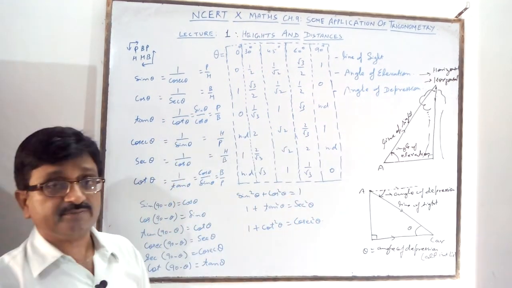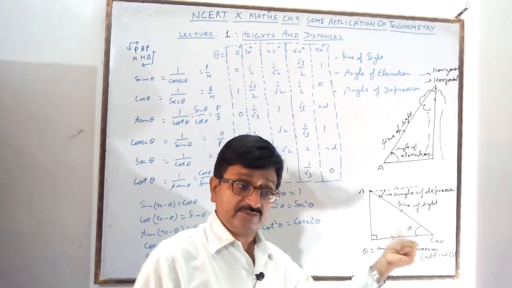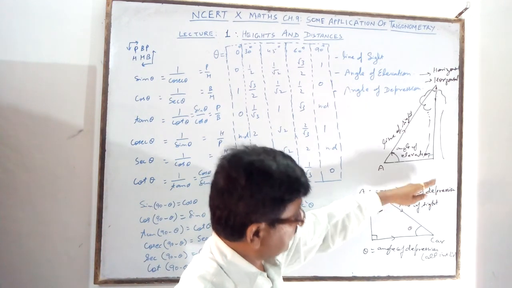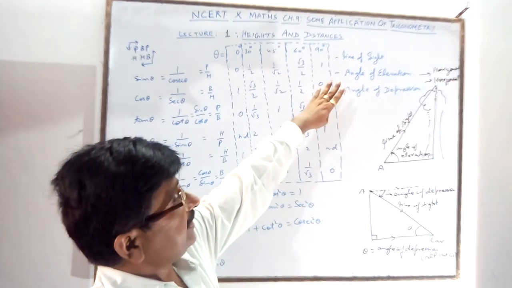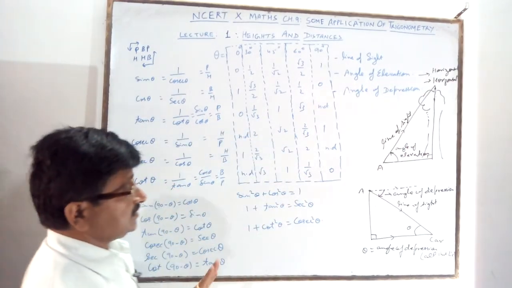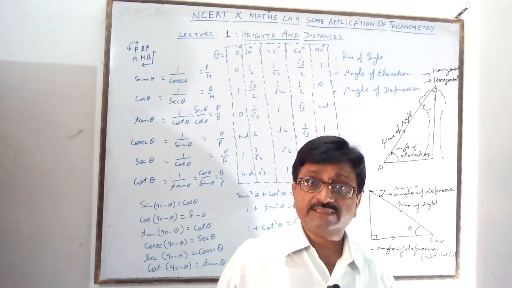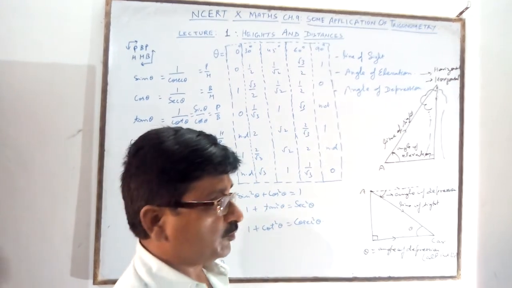It means your answer will be right if you are making the acute angle, the elevation also. But because depression is given, you must show it and then start calculation from it. This is called height and distance, which is a very important chapter, and a very important topic, which you use in your practical life.